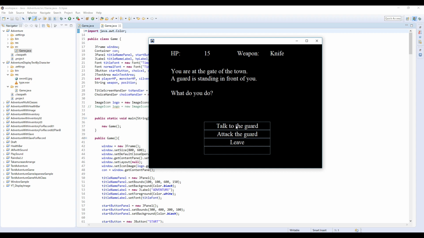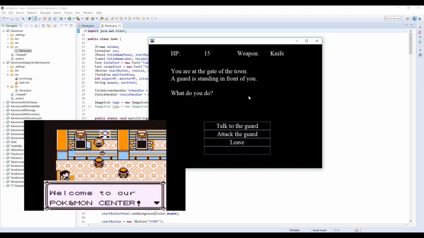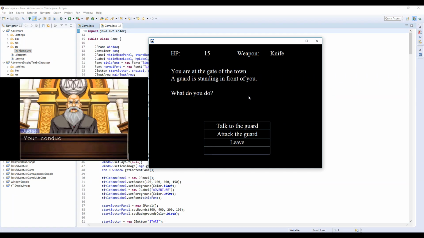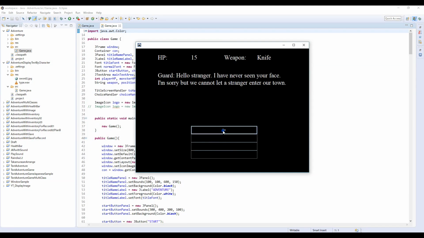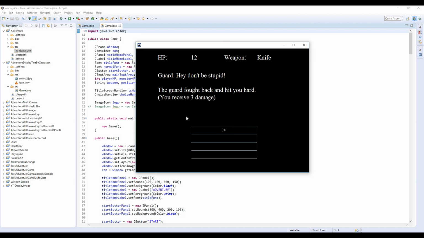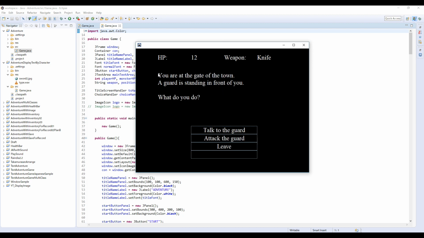I was asked, is there a way to display text one character at a time? Like in an old school game such as Pokemon or Phoenix Wright, those kinds of games. So right now in this adventure, whenever the game displays a text, it displays everything at once, like this. But we want to display a single character at a time, like da da da